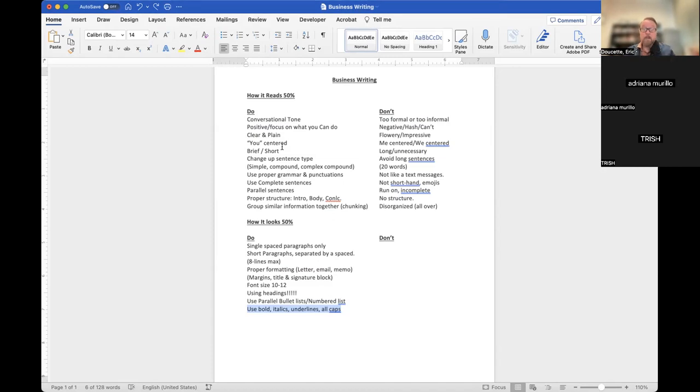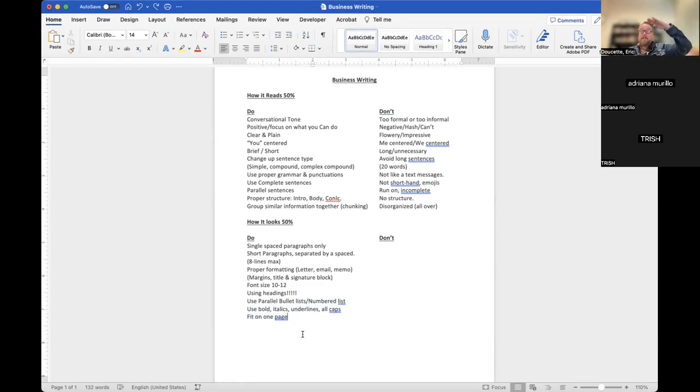These are what I call design elements to improve readability: bold text, italicized text, underlined text. So just go through your paragraphs. You might have a nice short single-spaced paragraph, but it has no design elements in it. So now I'm forced to read it. Highlight certain words that grab my attention, and I can basically scan that paragraph and get the gist of what it's about without having to slow down and read it. Or by scanning it, I realize I want to read this and make sure I don't miss anything. So that's the use of design elements: bold, italicized, underline, and all cap text. You want to make sure you fit your document on one page.